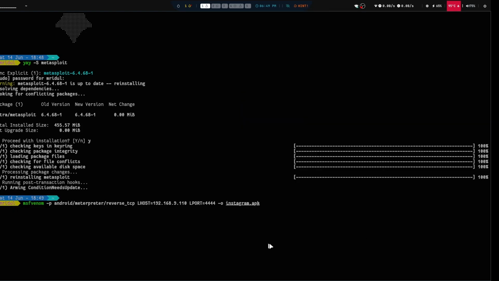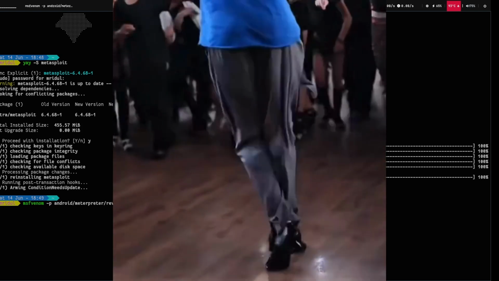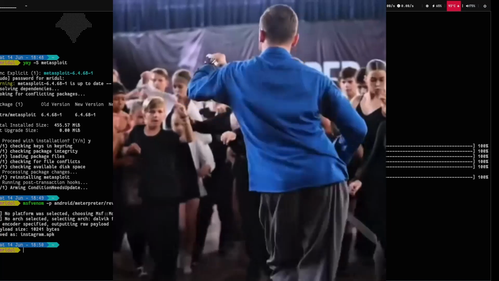I will explain this command to you. First of all, we are going to use msfvenom to create our APK, and this is for Android, and it is going to provide us a reverse TCP connection. This is our IP, and this is the port, and the -o is generally used for output, and we're gonna take this APK as the output of this command. You can change the name. You can change it to Facebook, to whatever you like.